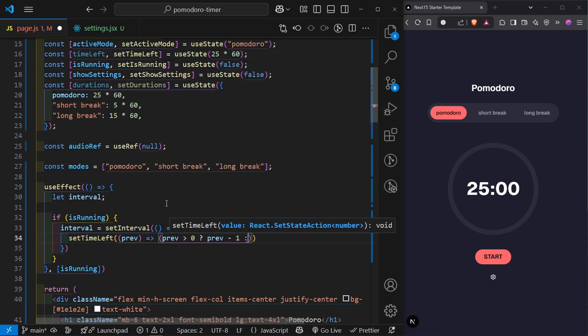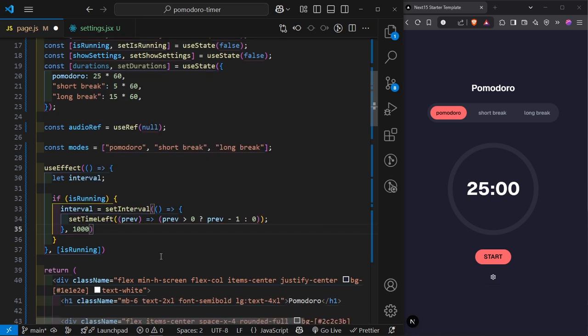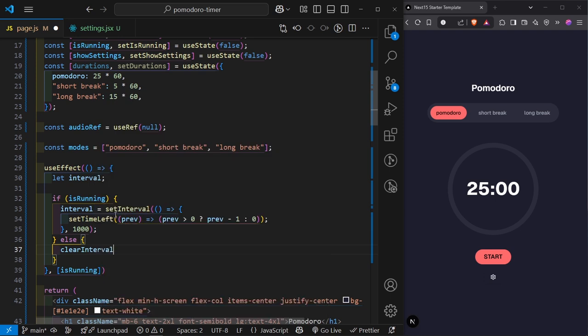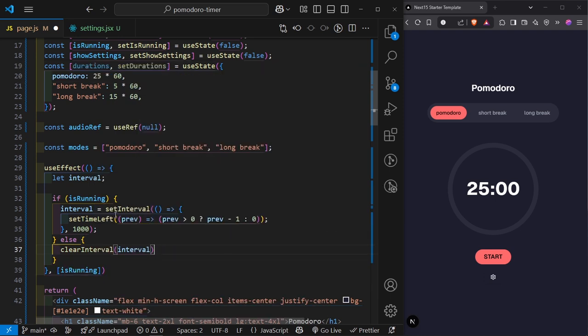And then if it is not less than 0, then we simply want to return 0 so that we don't count into the negative. And then we can close that down. And then right here, we're going to say that we want this function to run every second, which is 1000 milliseconds. So the function for the set interval right there. And then once we do that, we're going to have an else statement here where we're going to say clear interval, and then we just want to clear the interval variable so that we don't have an